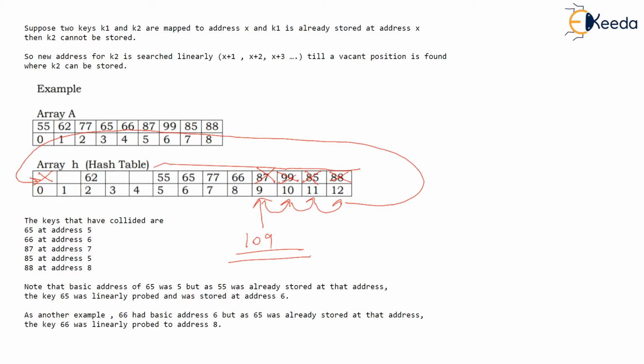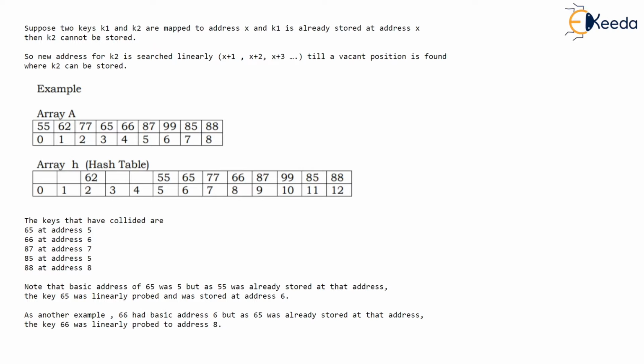Now, how bad was this cluster? You tell me, how bad is this? Because if there was a slot somewhere in between here, somewhere, or over here, somewhere, then while searching 109, we would have easily found out that 109 is absent. Storing values just one after the other without any empty slot is a big problem of linear probing. Now, this problem of linear probing can be easily solved by using a technique called direct chaining.